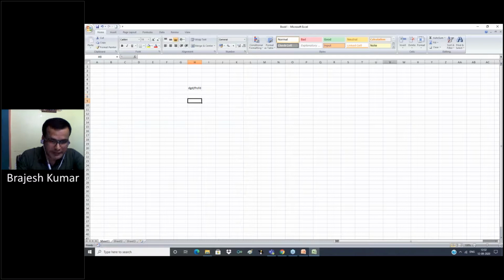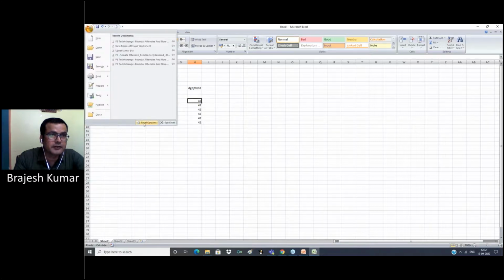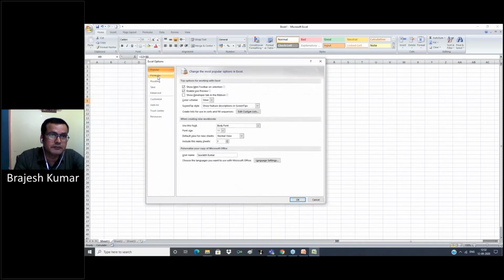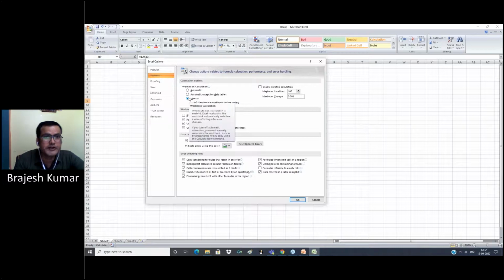Otherwise, we can write equal to 12 plus 30, and copy and paste also. But if it is manual, then you have to write the formula one by one in all cells. So always select automatic, so that you can write a formula in one cell and drag or copy in all other cells.